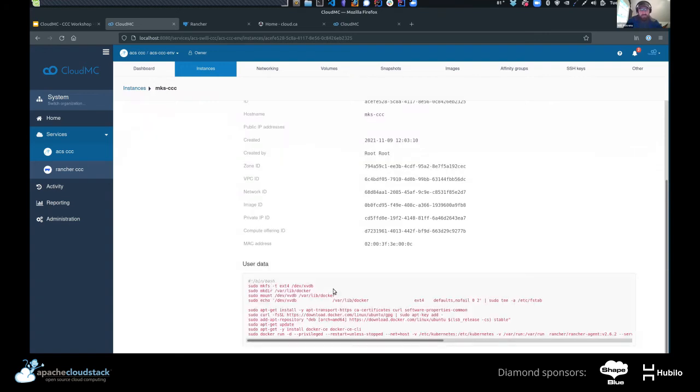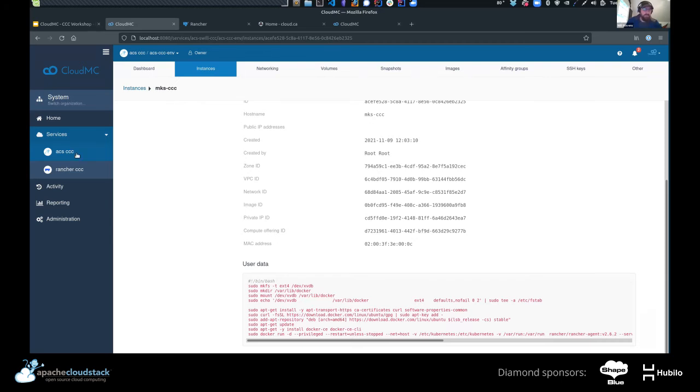The only reason we had to set up an additional disk in this case is because the root drive is only 8 gigs and we can't run a Rancher cluster on 8 gigs. But essentially, it installs Docker and then registers the Kubernetes cluster with the Rancher server.